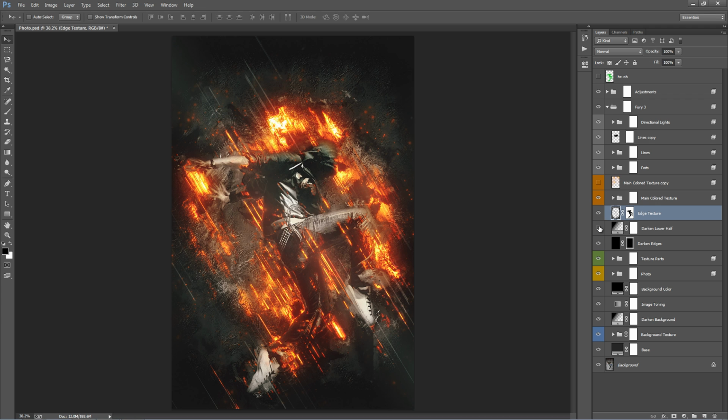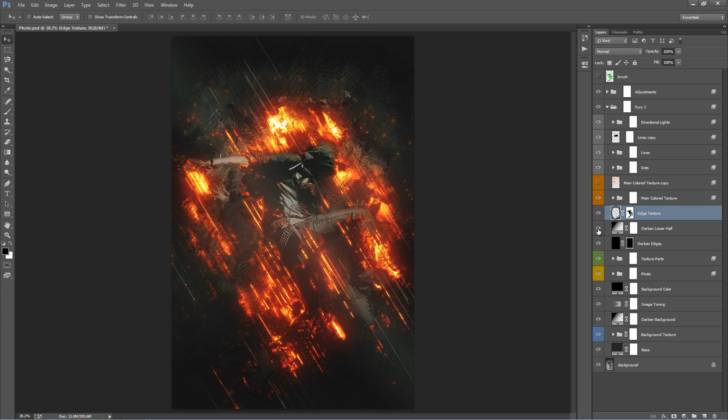Next, this one here, darken lower half. If you turn that one on, it creates a gradient, a black gradient, black to transparent. So the bottom half of your Photoshop file overlays with black, and then it's transparent in the top half. So you can see that working there. And the way I like to use this is firstly just turn it on and see if it